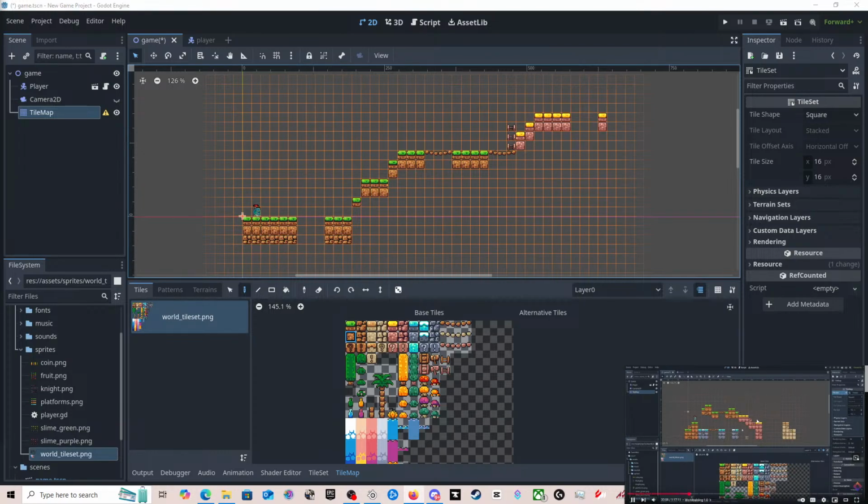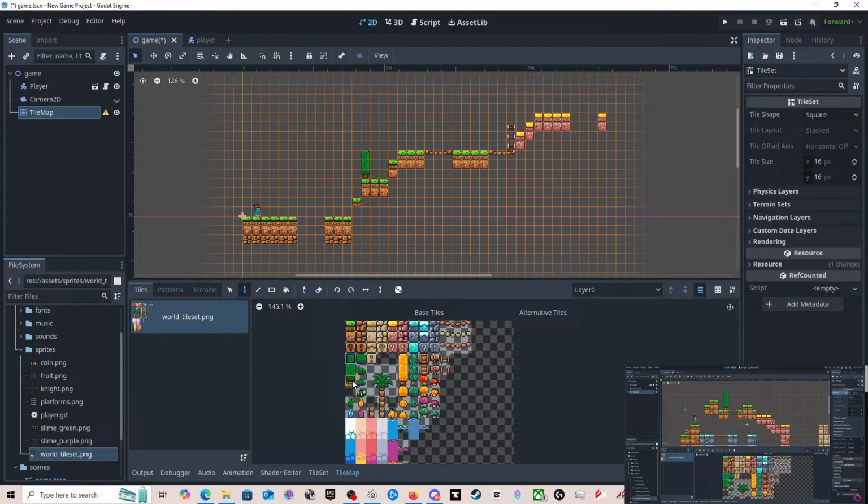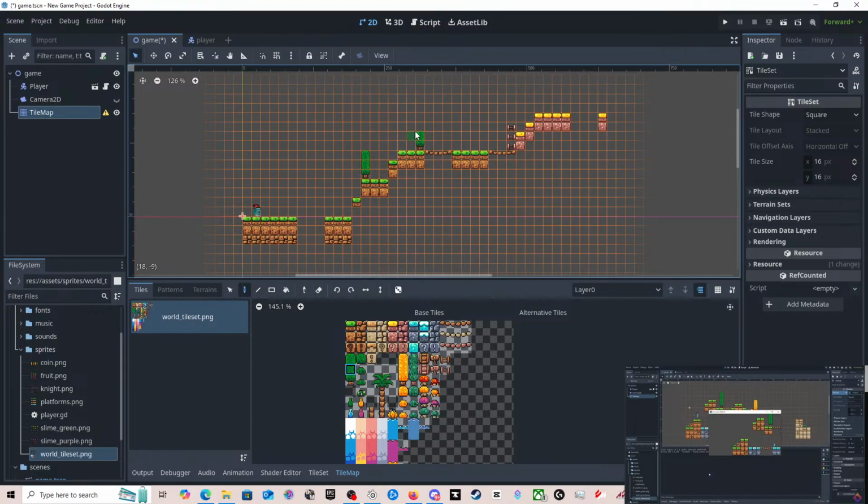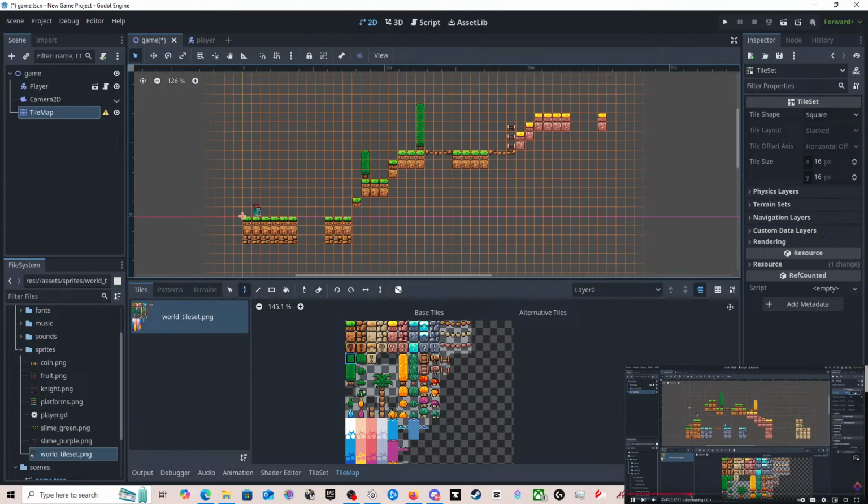Let's mute. Now once I'm ready to start decorating, let me just show you the cool trick with the trees here. So let's say we want to add a tree here at the top. Well, then we can actually just paint the bottom and choose how tall we want the tree to be and then paint the top. That's one of the advantages of working with tiles, is that we can also make individual elements really flexible. So with the level, let's just go ahead and press play and our player is going to fall right off. That's because we need to add a physics layer to our tiles. Yes, we do. We go to our tile map, go under our tile set, physics layers, and add a...